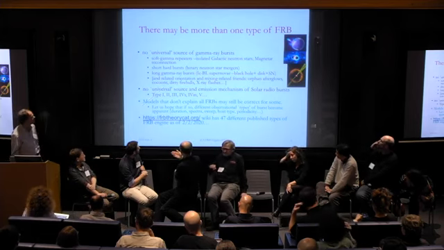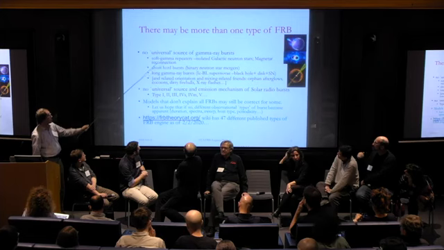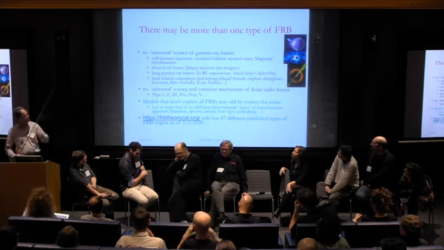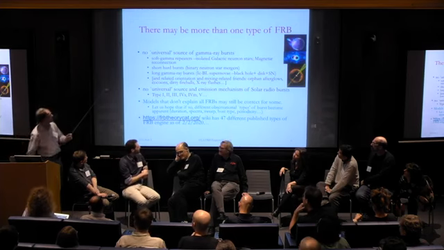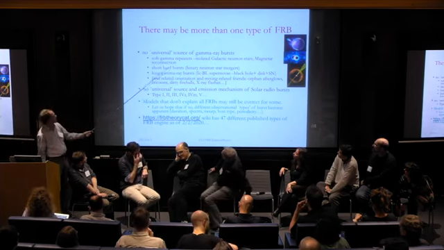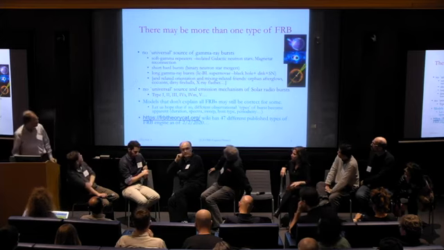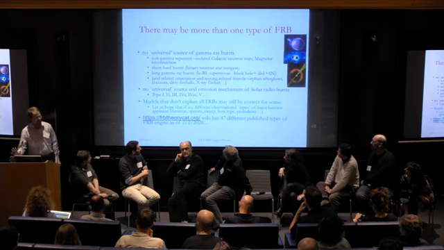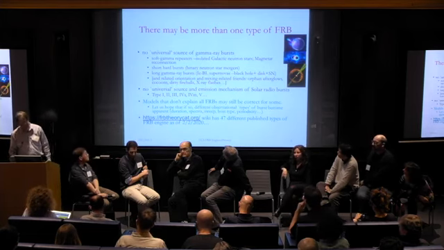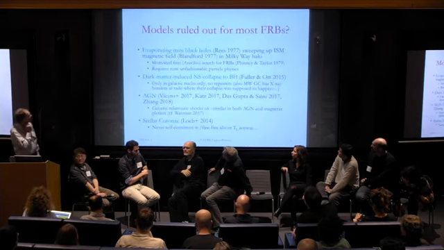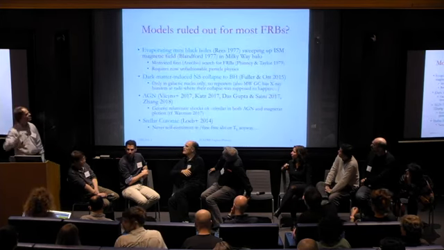There might be multiple emission mechanisms, a sort of truism to say in gamma ray bursts, right? When I was a young graduate student, there was one type of gamma ray burst, and now there are 3. There are soft gamma repeaters, short hard bursts, long gamma ray bursts, and all kinds of friends: orphan afterglows, cocoons, dirty fireballs, X-ray flashes, and things which may be related to them. So there might be one kind of radio burst, but we should maybe be open that there might be a few of them. So I thought I'd start off by trying to narrow the field a little bit.